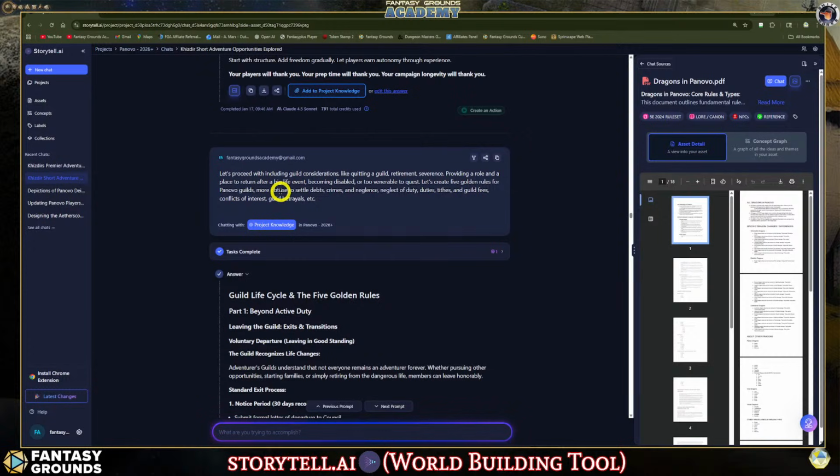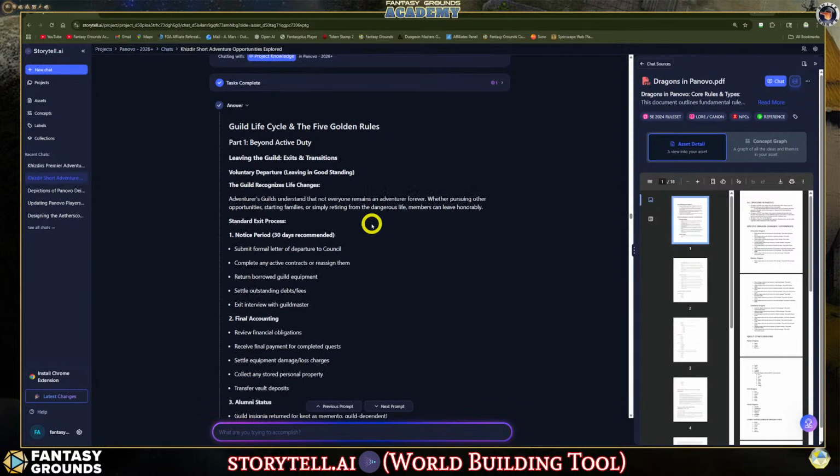You would do it for all of the Panovo, if possible. And then create 5 golden rules for the guilds. So it'd be more obtuse to settle debts, to identify crimes, negligence, neglect of duty, and then your fees and such, conflicts of interest, guild betrayals, that sort of thing. So I wanted that to be in there because that makes for more adventures and it makes it more interesting